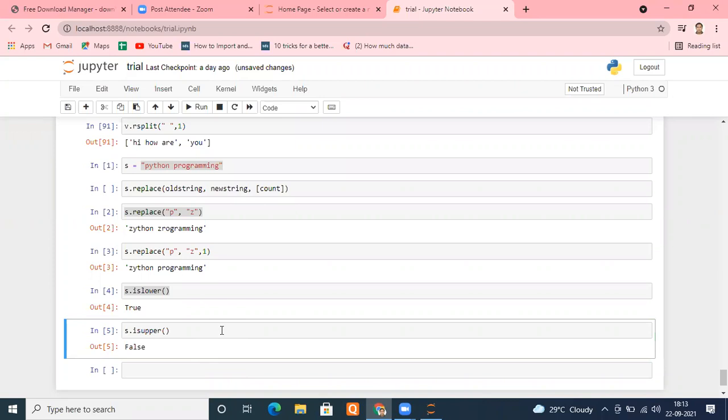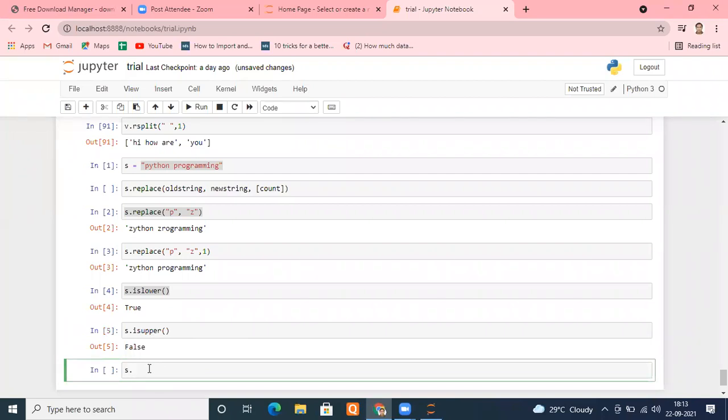If you want to go further into the functions, it's up to your choice. You can type the string name and a dot and press tab, and you can easily see everything, whatever you want. But I don't think so. We have most of the functions already covered. I think barely 4 to 5 may be left out, which you will rarely use. If you want to go through them, please go through that. You can understand that. That's not a problem. But you will be rarely using them. Don't worry.